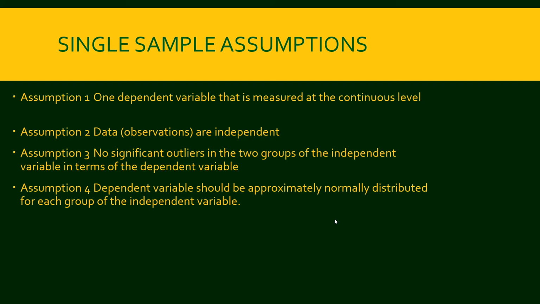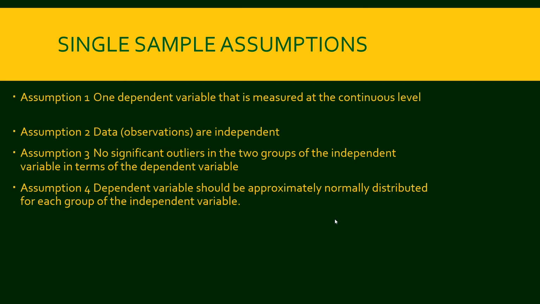So in other words, the observations are dependent on each other. So if one is dependent on the other, you might need to run a different test as well, where you run a paired test, a paired samples t-test or something to that effect. So if they are dependent on each other, you're also going to have to run a different test. For assumption three,